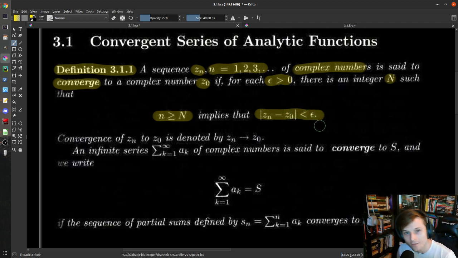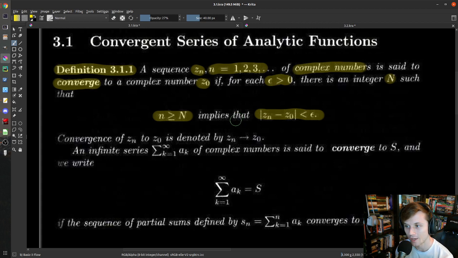So the idea here is exactly the same as what you did back when you were talking about sequences of real numbers converging to a real number in Calculus 2, this kind of thing. Nothing particularly fancy is going on. It's just something we've already covered before, I believe in chapter 1, maybe in section 4.